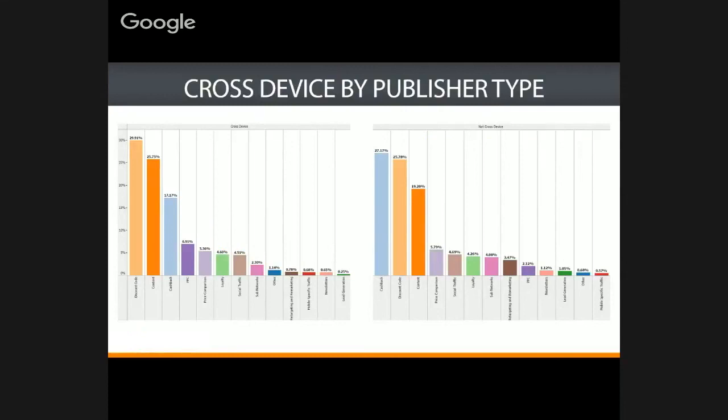By publisher type, these two graphs, cross-device sales by publisher type on the left-hand side, non-cross-device sales on the right. And one key thing I wanted to pick out here is that editorial content sites, which is the bar in orange, track many more cross-device sales, or track more cross-device sales than non-cross-device sales. The percentage of cashback sales tends to go down when you look at a cross-device view, and that's generally because